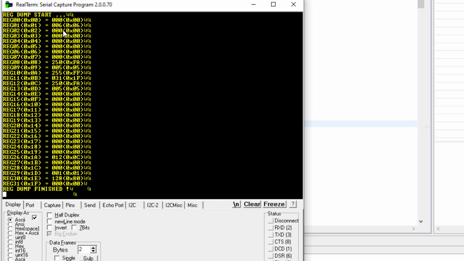Alright, so if you get something like this, you can match your result with whatever data I am receiving, because my interface is running okay. So you can try to match. It should be like this. Register 8 should be like 250, register 9. These are the default values of the registers. If you are reading values like this, then your interface is working correctly.